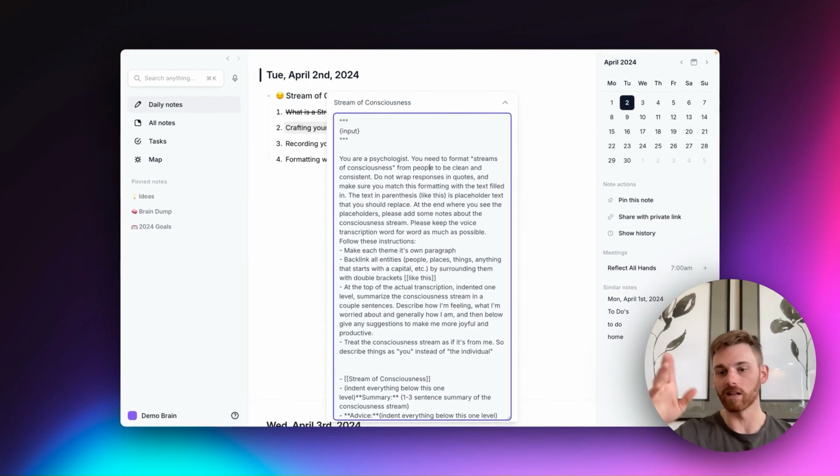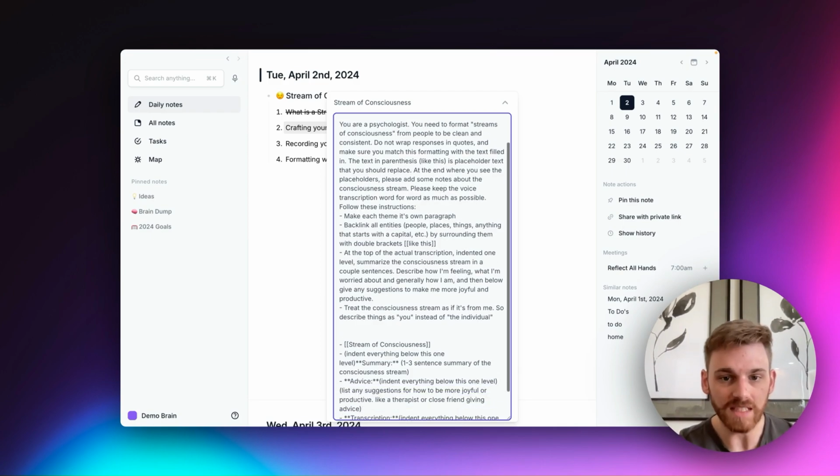So it's best to do a stream of consciousness, write the prompt, run it, and then be like, I liked this, I didn't like that, need to tweak it. And then what I usually do for my formatting prompts, I just tell it that the text in parentheses is placeholder text and instruction. I tell it to keep the transcription word for word because that's very important to me. And then